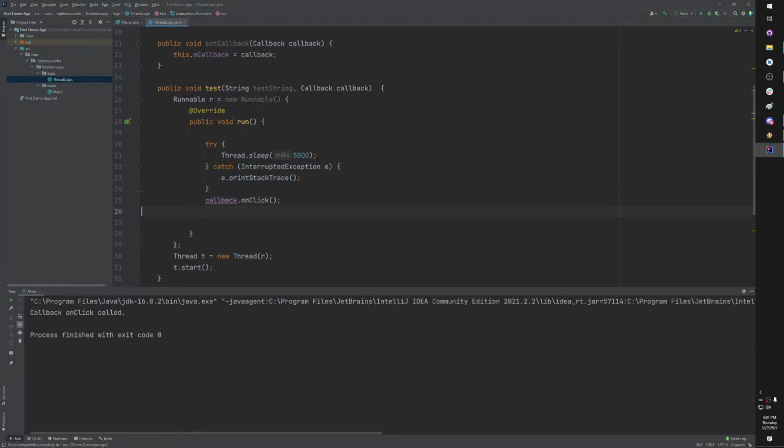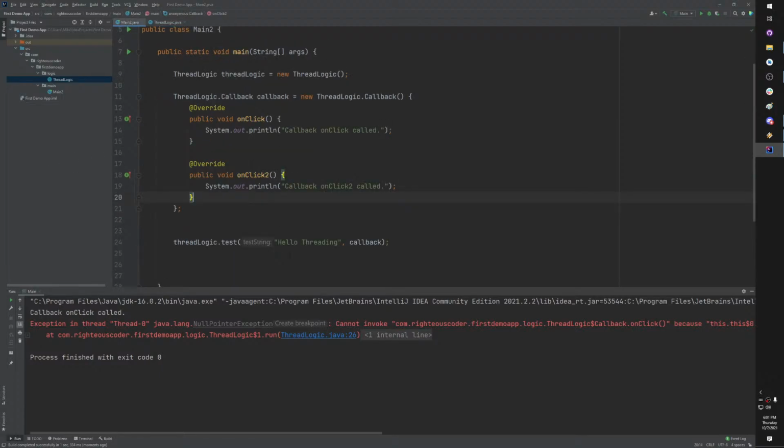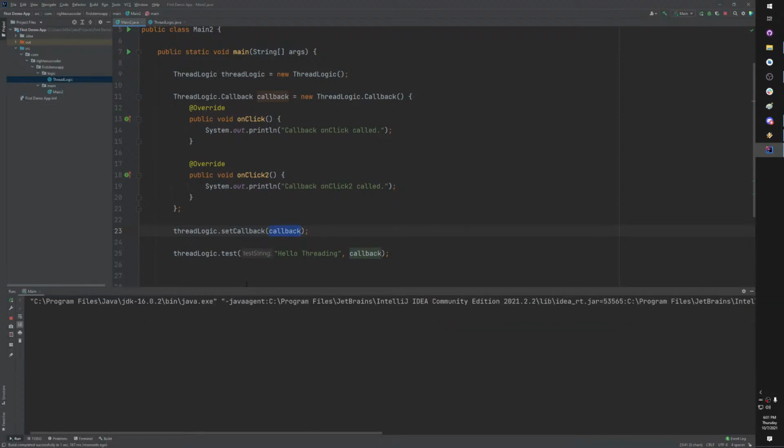We could also do... I can run this right now. There's going to be a problem. On click, mCallback was never set. And you can actually reuse the callback object. Callback, click, callback, click. Now, this might seem odd, but